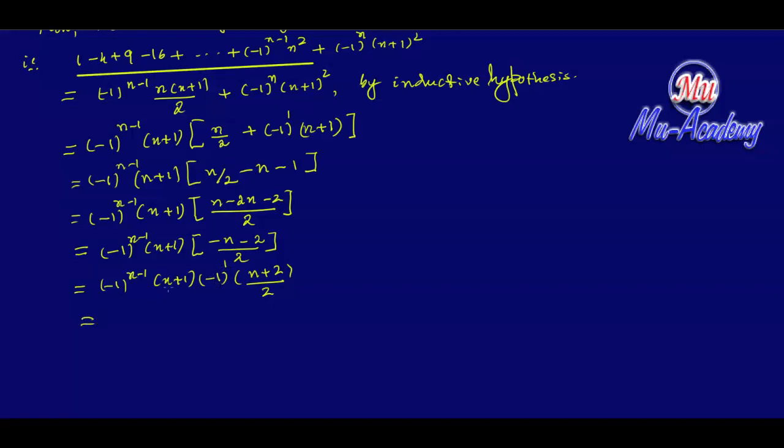Now multiplying minus 1 raised to n minus 1 and minus 1 raised to 1, that is minus 1 raised to n into n plus 1 into n plus 2 divided by 2,